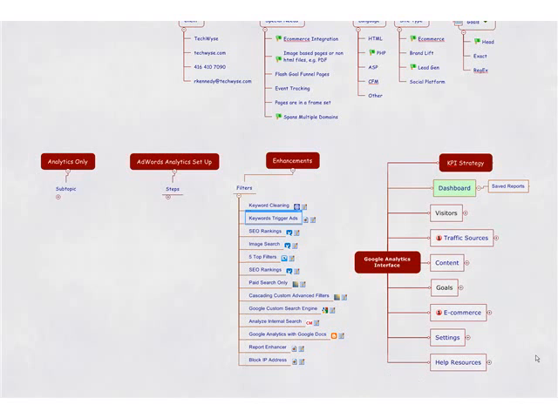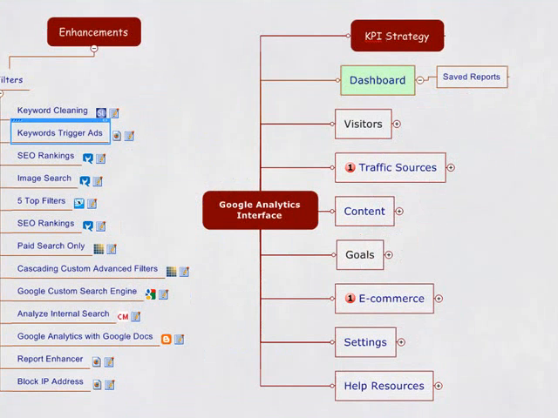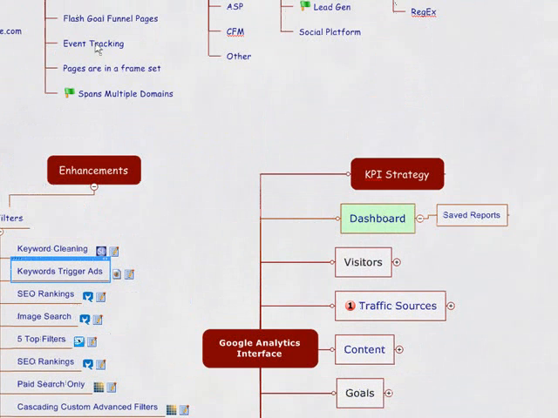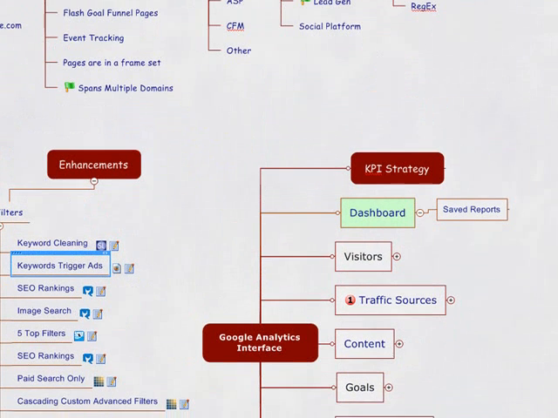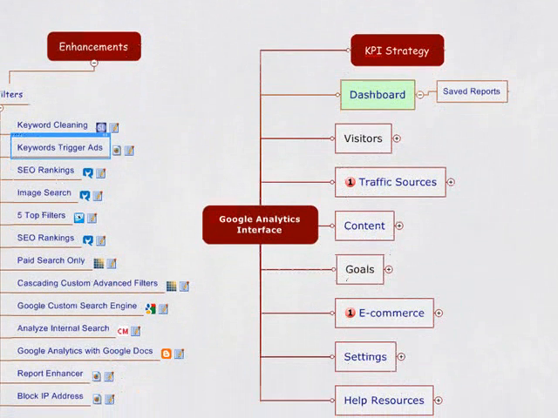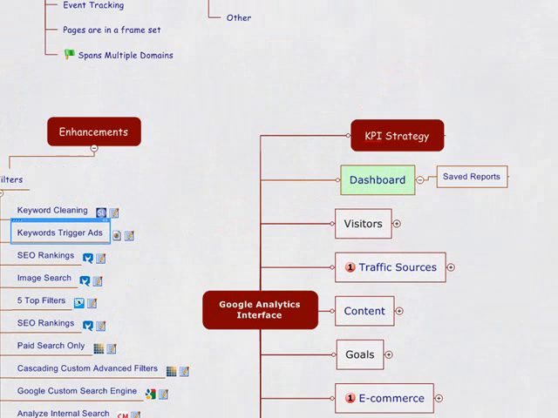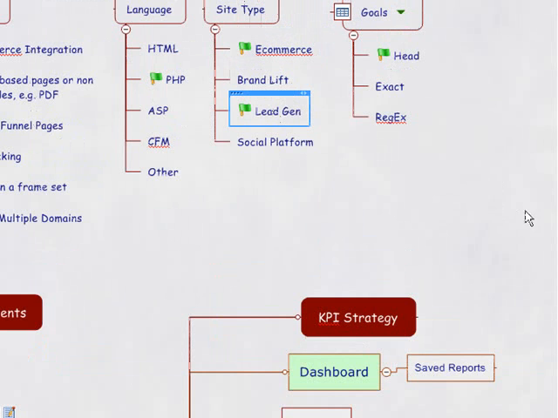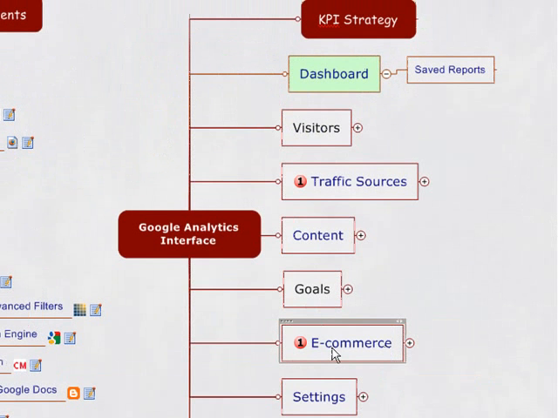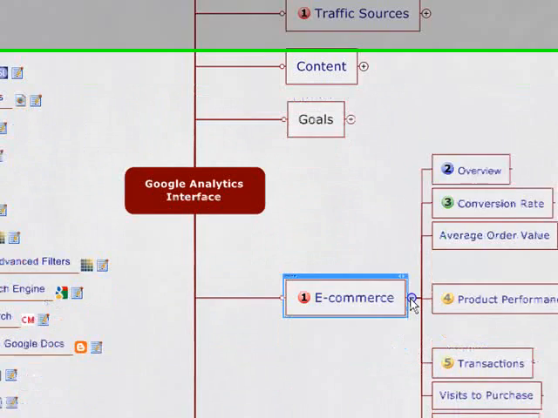Now the last step here that I take is called KPI strategy, which is Key Performance Indicator Strategy. So based on the information above that we can see, the basic information about the site, I have a few ideas in terms of what this website administrator should look at for conversion. The Key Performance Indicator Strategy is very important to your website, and it really stems from what we've decided above. This is an e-commerce website and it generates leads. So based on that, of course we want to look at e-commerce, and if I drill e-commerce down,